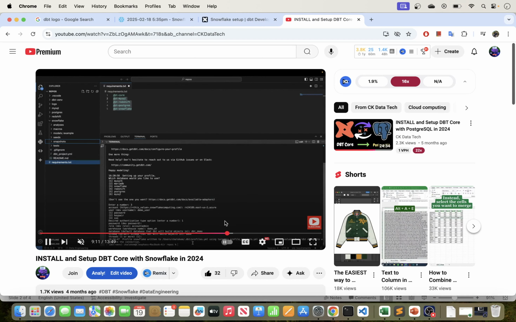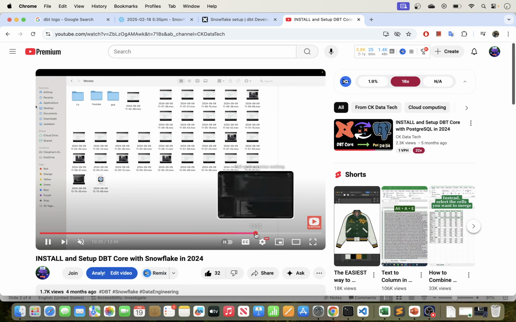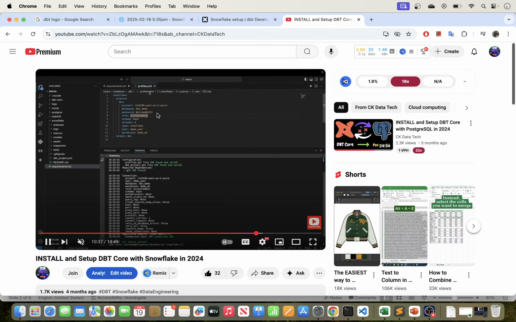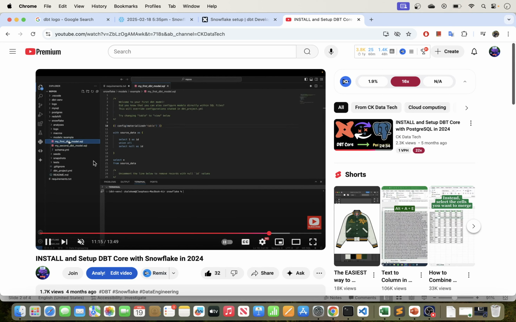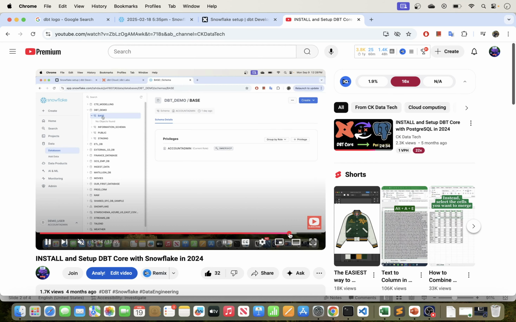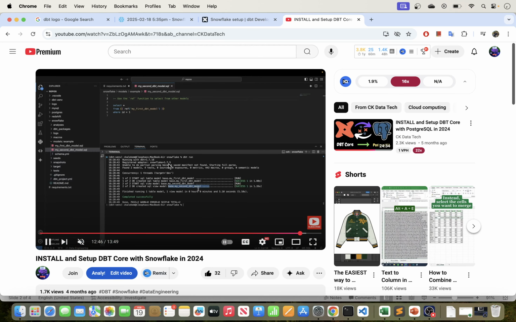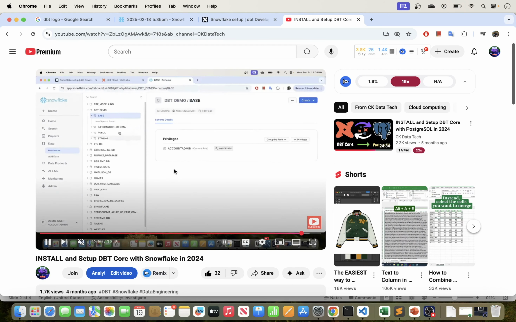It's going to create a profiles folder for you, and in this case, this is how our profile was looking. Once you do that, your structure will be created, and you will have some sample models that you can run, and then you can go ahead and test if your connection is working. I went through that whole process in another video, so I'm not going to go through it in this video, but just follow that video and you should be able to get your Snowflake environment talking